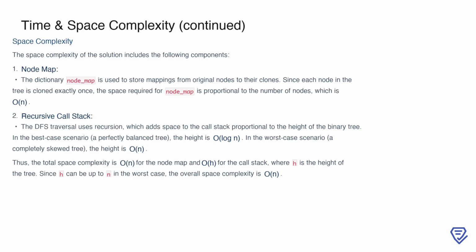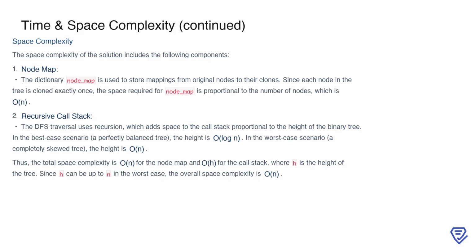Another component is the recursive call stack used during the DFS traversal. In the best-case scenario, where the tree is perfectly balanced, the height of the tree is O(log n), so the stack space would be O(log n). However, in the worst-case scenario, where the tree is completely skewed, the height of the tree is O(n), and the stack space also becomes O(n). Therefore, the total space complexity is dominated by the node_map and the stack usage, leading to an overall space complexity